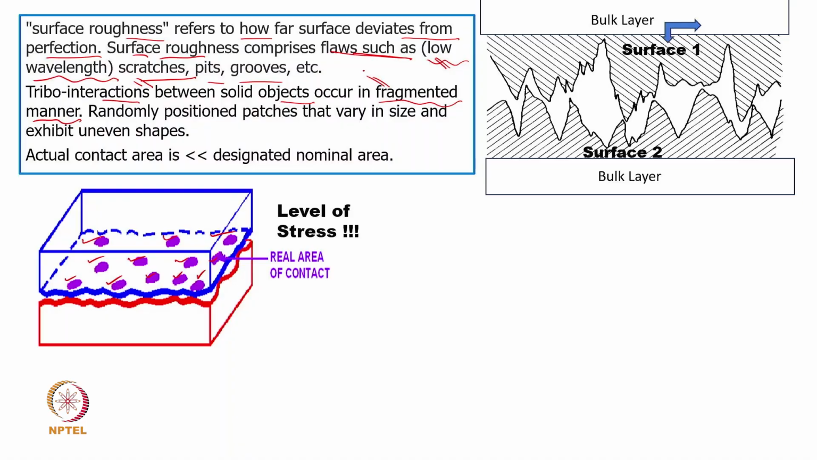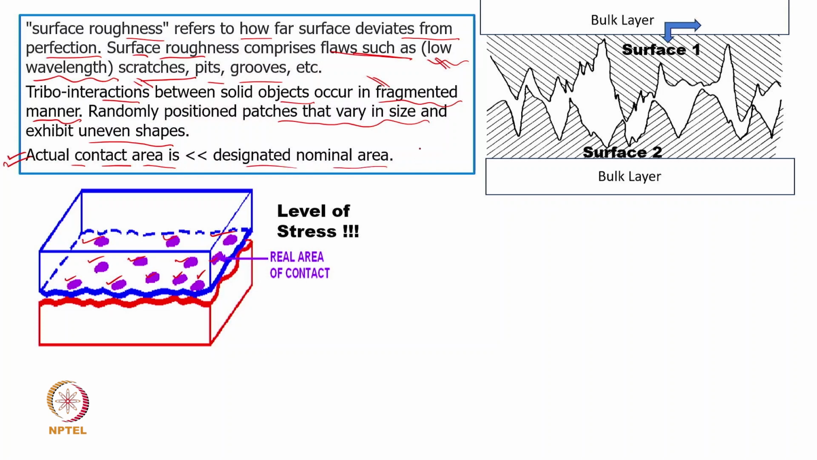Reason being, the contacts are happening in a fragmented manner. It is not happening in a continuous manner. It's point-wise, so that's why a number of points are considered in this case. Another thing is that these patches which come into contact may vary in size, and they remain unequal, with uneven shapes also. And we also mentioned in the last lecture that the actual area of contact is much lesser than the nominal